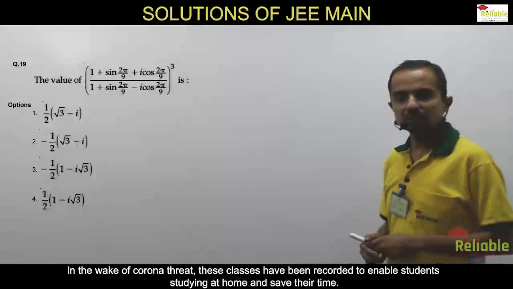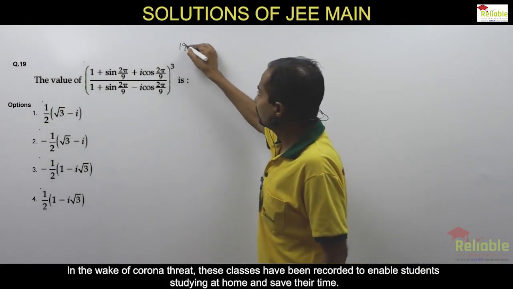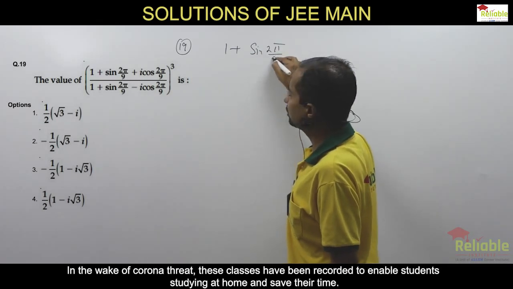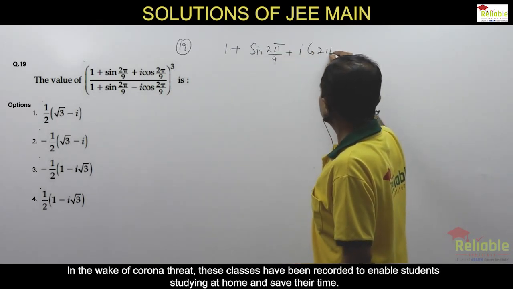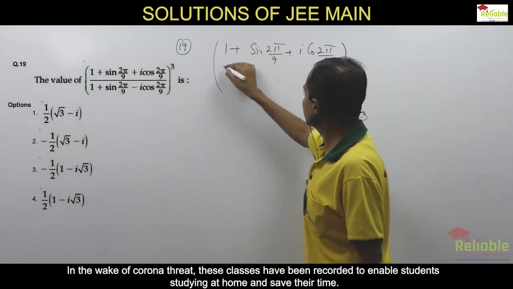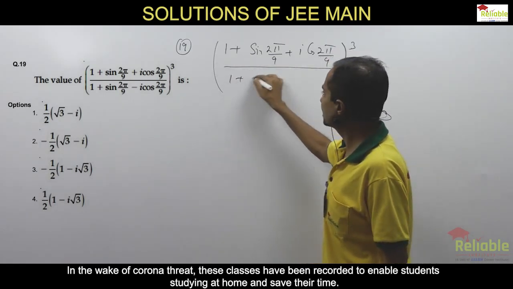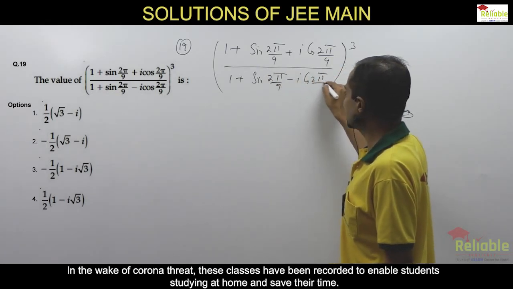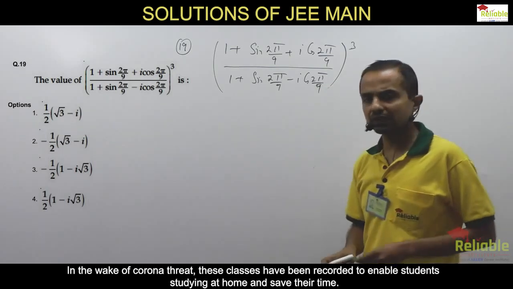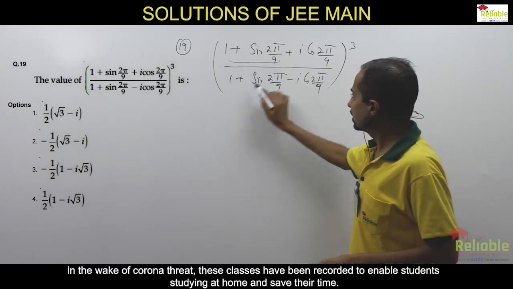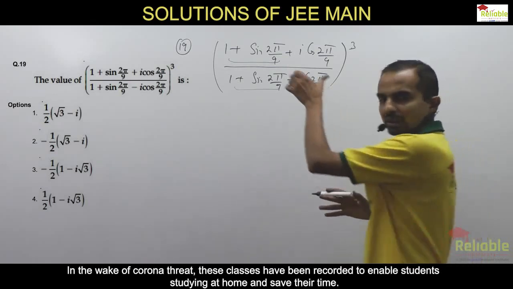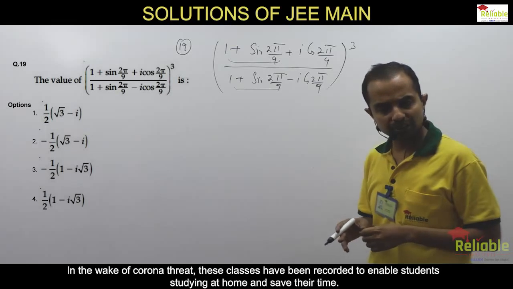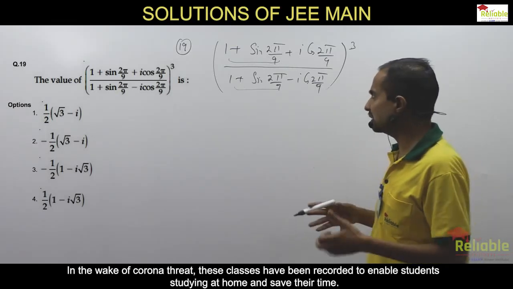So 19th question is on complex numbers, and we have to simplify this complex number into a plus iota b form. So let me first copy the question. It's a whole cube over there: sine 2 pi by 9 minus iota cos 2 pi by 9. Essentially, there are two schools of thought that work here. You can consider this as p plus iota q, and then multiply with the conjugate of p plus iota q, that is p minus iota q, and solve it.